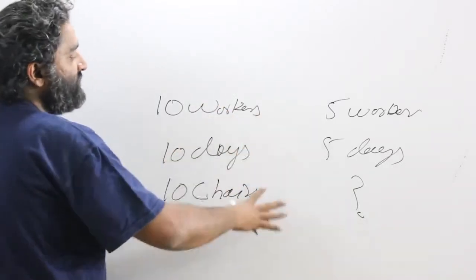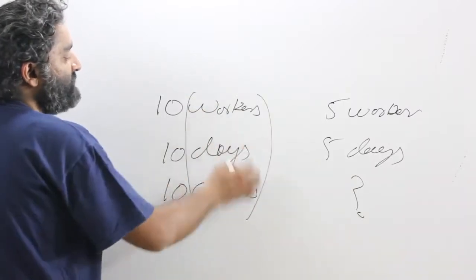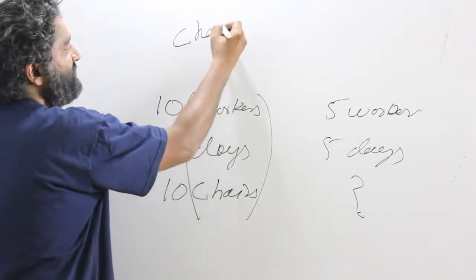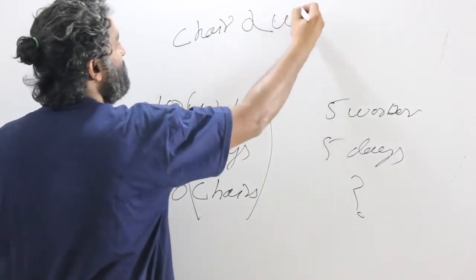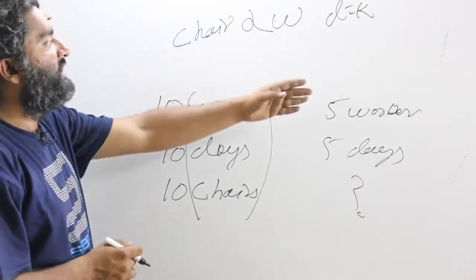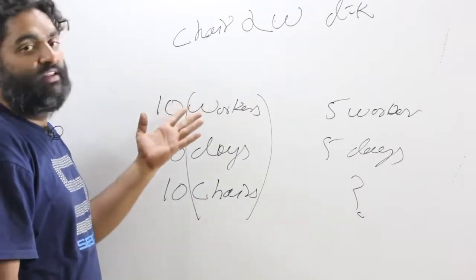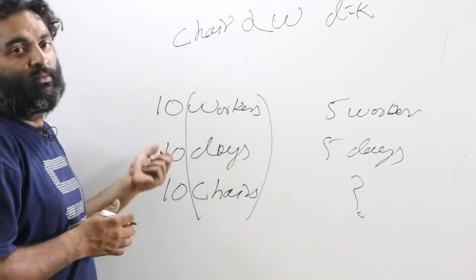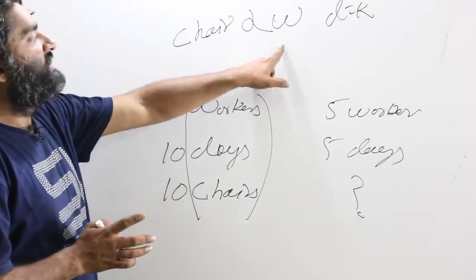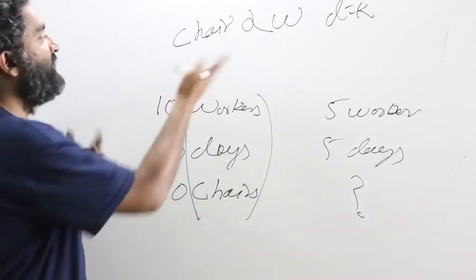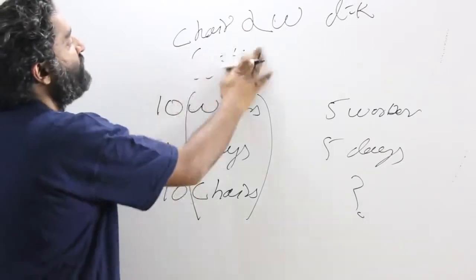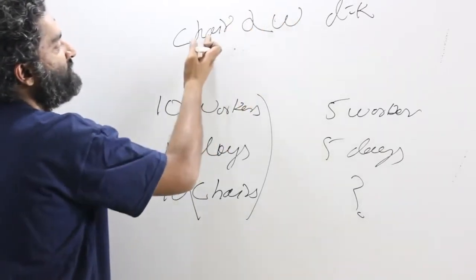So before we start doing this question, let's establish the relationship between these 3 variables: workers, days, and chairs. The relationship, if you think about it, is that the chairs are directly proportional to the workers when days are constant. So if you do not think about days, the more workers there are, the more chairs there will be, or if the workers are doubled, chairs would be doubled. We assume it's a mathematical universe. We assume nobody cheats, nobody gets tired. Every day they work at the same rate. So if I increase the number of workers, the number of chairs is going to increase. Or I know that the chair upon W relationship is a constant. Are we okay with that? Or I know that whatever is the multiplying factor for workers is going to be the multiplying factor for chairs,